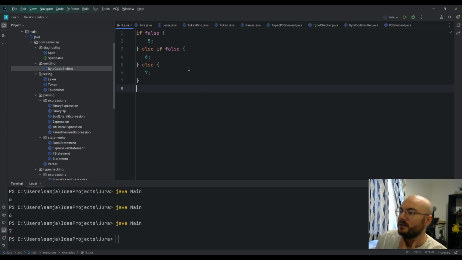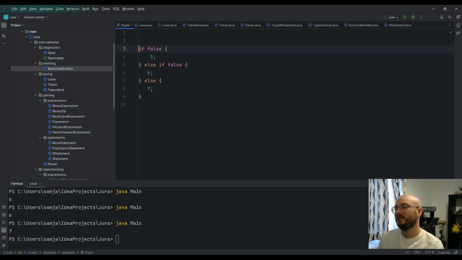What should we do next? So we actually have else. Let's do variables. Because I think it would be nice if we could say, I'm going to use Java syntax for now, but that we can have a think about what the syntax is going to be. So if we say int x equals 10, and we say,